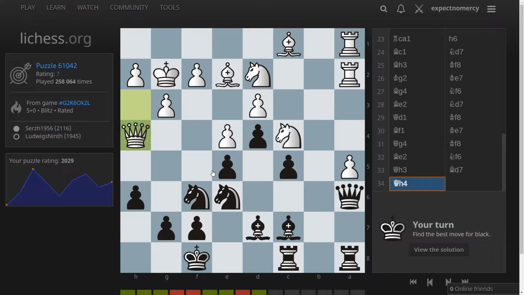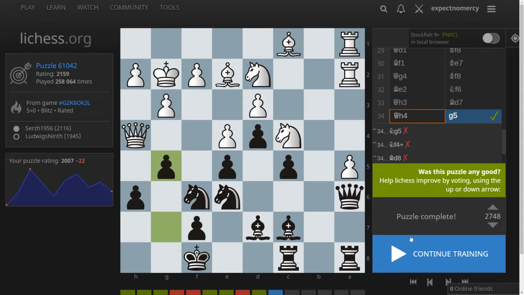I based my solution on calculation, and as I thought that 34 knight f4 check is still a good move, it was not of course, as white can just easily capture the knight with the g pawn. I thought about this position for a few minutes, and after a few failed attempts, I gave up and viewed the solution. The correct move was 34 g5, which I rejected in view of queen takes h6 check,